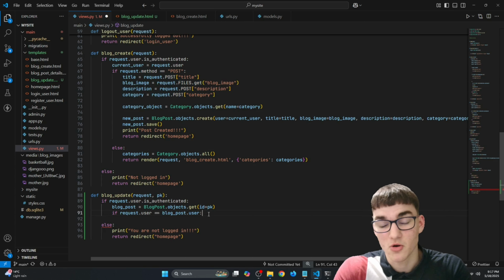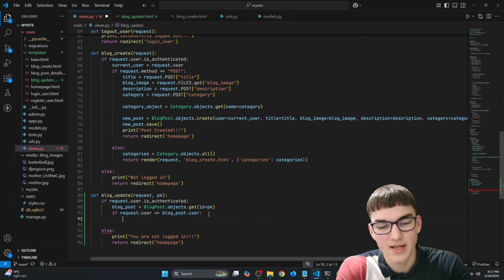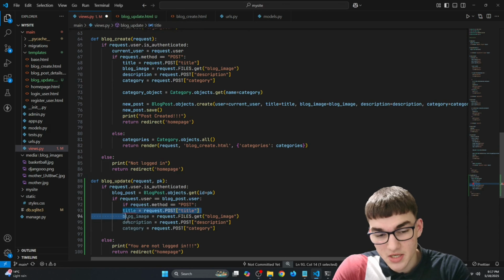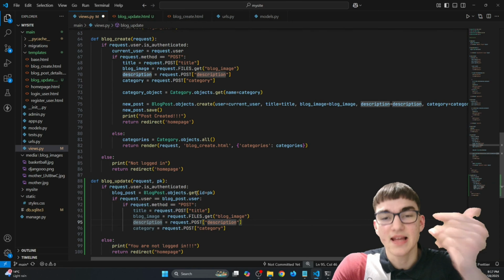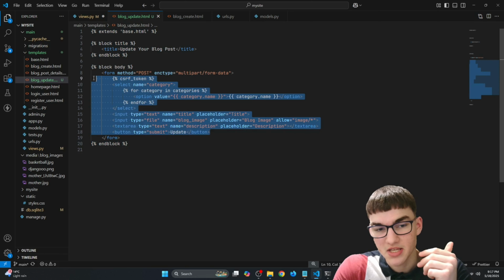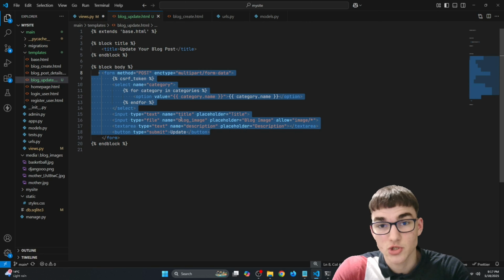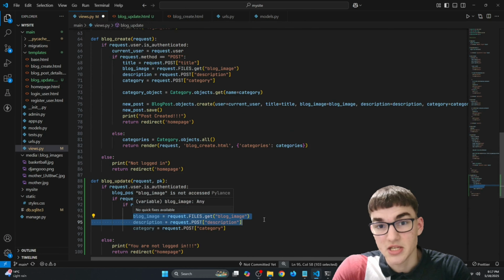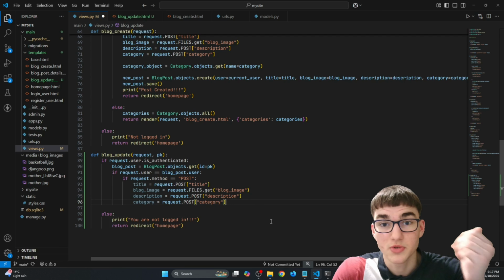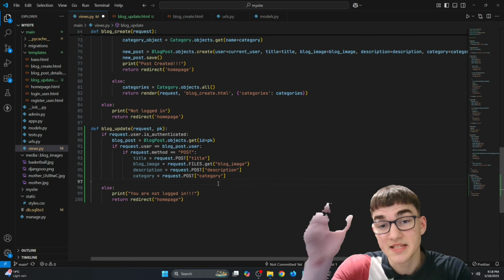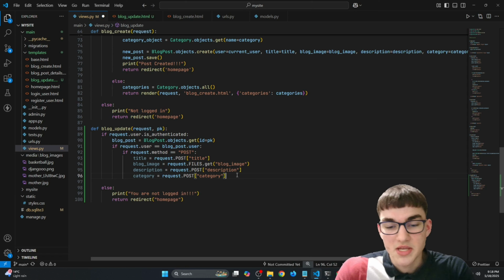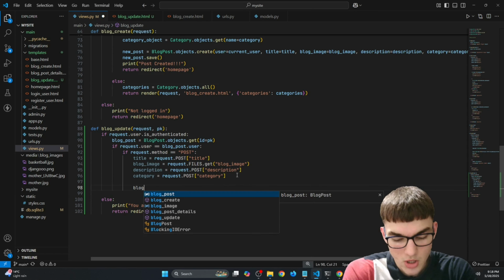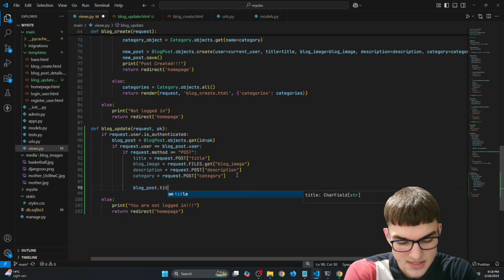Now again, I'm copy and pasting, but it is the same code really, and pasting it right here where we just get the data from our form right here. So from this blog_update.html form, we want to get all of that data into right here, so we can actually update our blog posts. And now to actually update the existing data, we can do that by typing right here blog_post.title